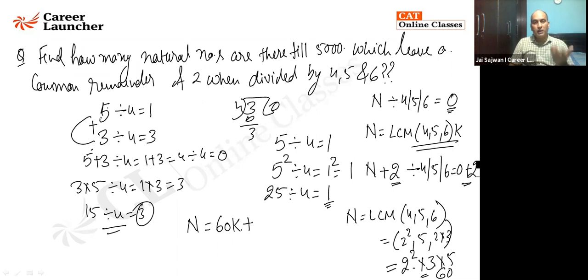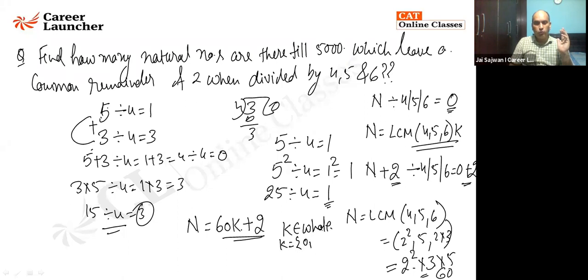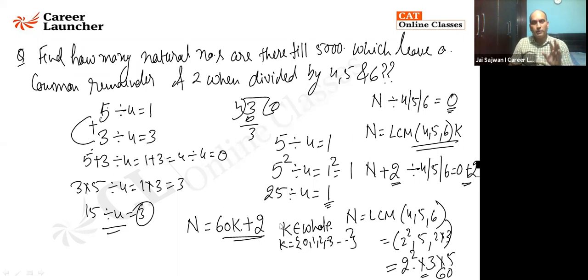I don't want it to be completely divisible. I want it to leave a remainder of 2. That's why plus 2 is done. I know that k belongs to whole numbers. K belongs to whole numbers means k is equal to 0, 1, 2, 3, 4 and it goes on. I don't know till what point it will be going, but it is coming out to be a whole number because